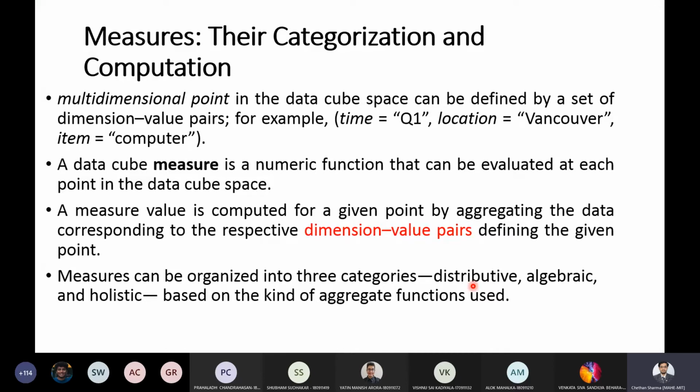The example for an algebraic aggregate function is average. Average can be computed using two things, sum and count. Sum divided by count gives you average. Here both sum and count are distributive in nature.